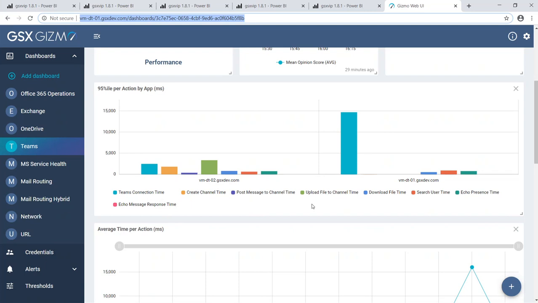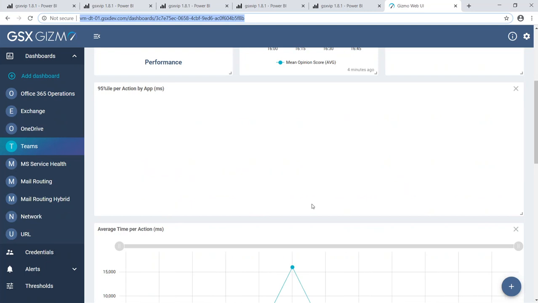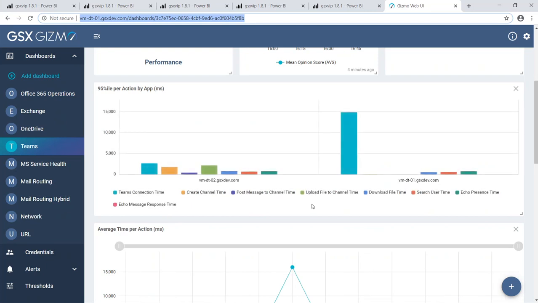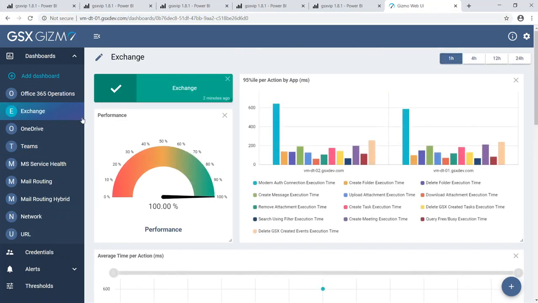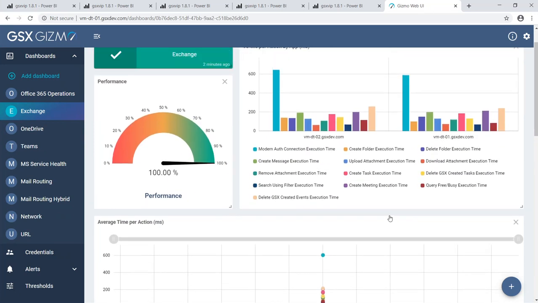So it's the overall Teams experience that is tested by the robot, and for you, it's a way to have a perfectly clear view on the service quality provided by Teams. You can see as well that we are not only measuring Teams performance, we are also measuring Exchange. It can be online or hybrid. Same thing, with plenty of different actions made by the robot 24/7 to provide you with all the information that is very important for that.